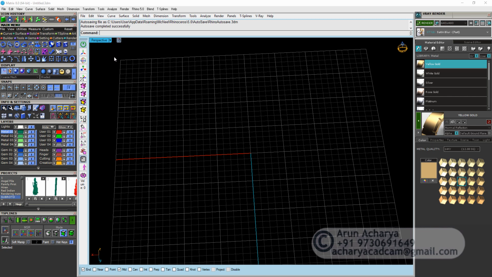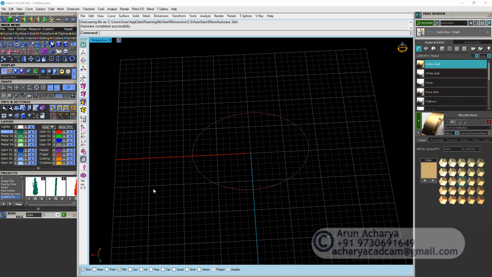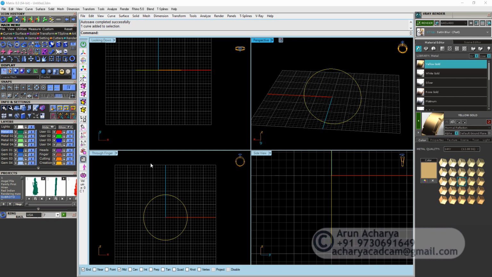So today I'm going to talk about an approach to make a ring. Normally I try doing all of my design with SmartFlow. SmartFlow is a very good command, and usually it helps a lot. So today I'm going to show you the different techniques of SmartFlow and how we can integrate this technique in